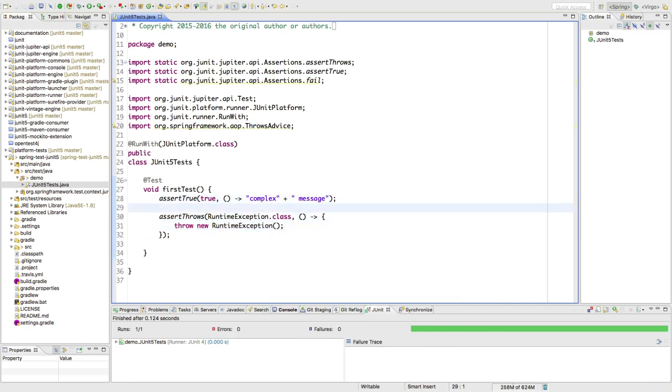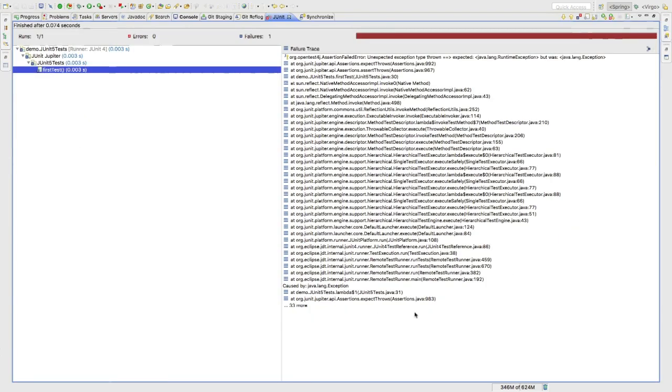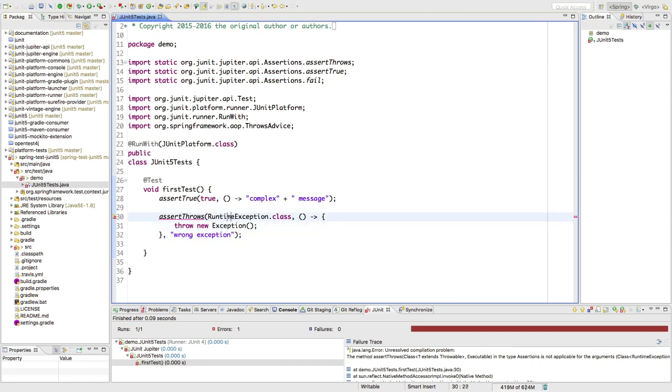Okay, now if we run this, that should pass. If we change this to just exception, that should fail, we would hope, right? So here we have this error down here that says expected type thrown to be runtime exception, but was java.lang.Exception. And you could, of course, provide some kind of error message here as well. Oops, did I get that wrong? Or this one, sorry. We have not added that support yet. Ignore that. Okay, in terms of timeouts,